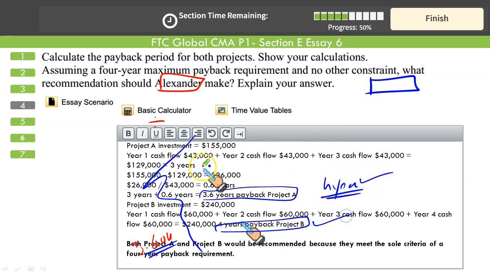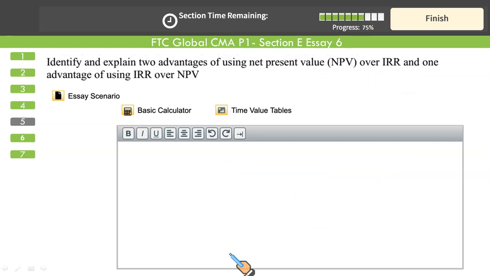You need to give the number. No need of this extra working. It won't get any extra credit. It's a simple payback calculation, it doesn't require so much detail. It will waste your time typing in all this information. So go for just a couple of lines for both, and it's good to go. Then